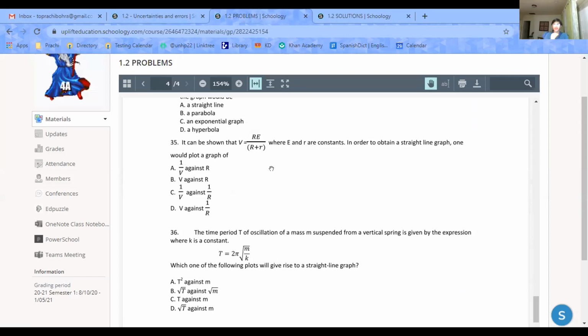It's that big R in the denominator plus the little r that's messing this whole thing up, right? Maybe, since it's in the denominator, we're having trouble with it because it's in the denominator. But what if we flip the fraction? So we take the reciprocal of both sides. Then it'll be 1 over v equals 1 over e times big R plus small r over big R.